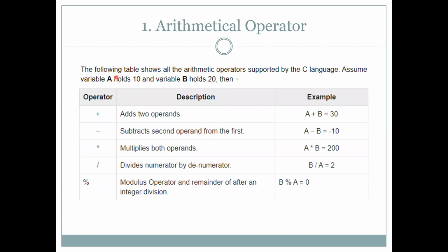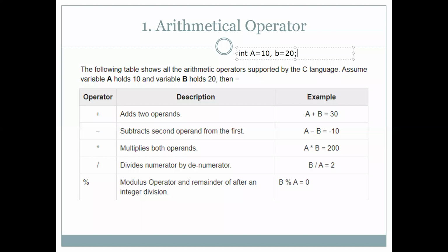For unary, you require only one operand. For binary, you require two operands, and for ternary, you require three operands. The operators are plus, minus, multiplication, division, and modulus. Suppose there are two variables. What is a variable? A variable is an entity that stores values. Here there are two integer variables: int A is equal to 10, comma, and b has a value 20.